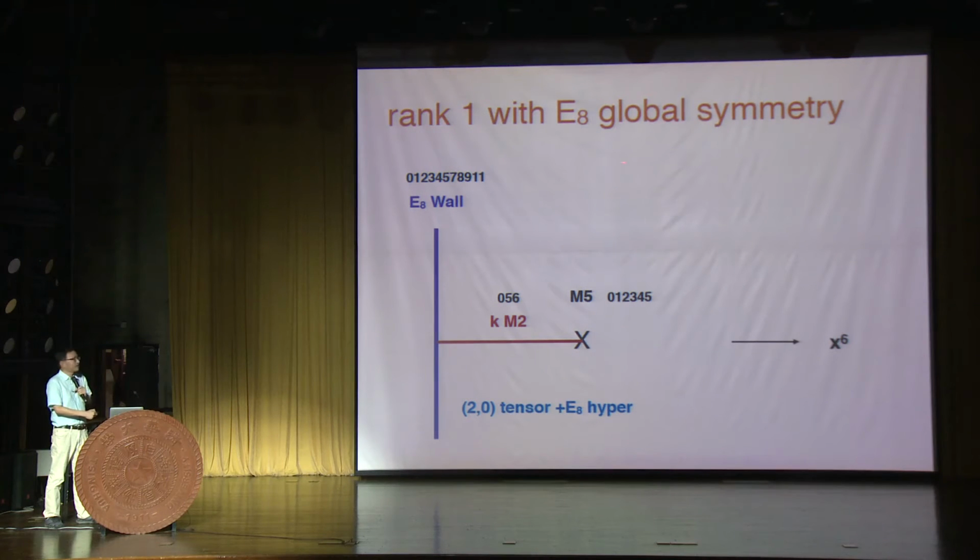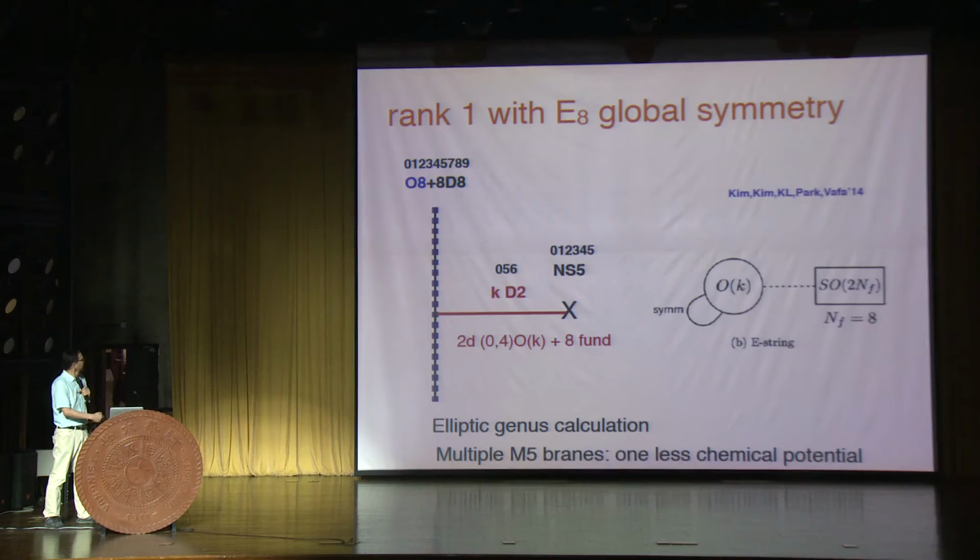So for example, if you think about the rank 1 case, we have 1 NS5 brane or M5 brane probing the E8 wall, then one can introduce K M5 branes, which can be T-dualized, so that we have physics on K D2 branes, and here is the quiver diagram, with which one can calculate the elliptic genus of the theory. However, if one has multiple NS5 branes or multiple M5 branes, then this theory doesn't give you the right index, in the sense that if you look at the transverse direction to the NS5 brane, there are only three directions instead of 4 directions, so then one cannot turn on the one chemical potential.